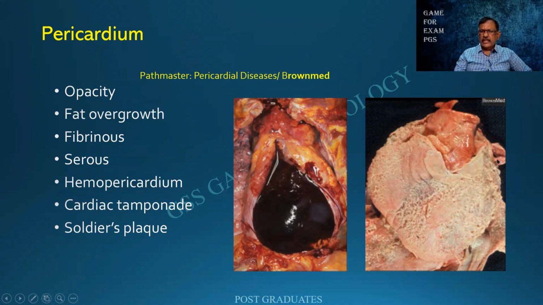And this is one of the complications of a myocardial infarction, a cardiac tamponade. Here, there has been an attempt to separate the parietal layer of the pericardium, but the visceral layer is sticking on. And I'm able to see multiple strands of this, which is a classical bread and butter pericarditis that you see in rheumatic heart disease. And the sources are the pericardial disease, Brown Med over here. I have not removed these words because the credit goes to these people for providing us with wonderful material.